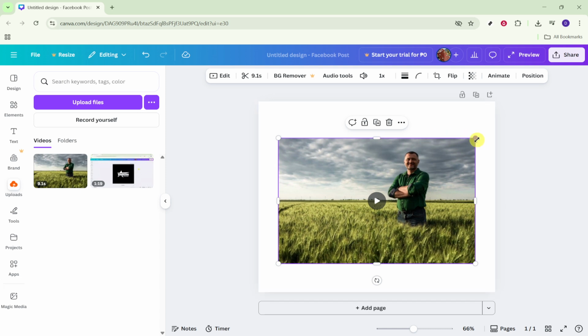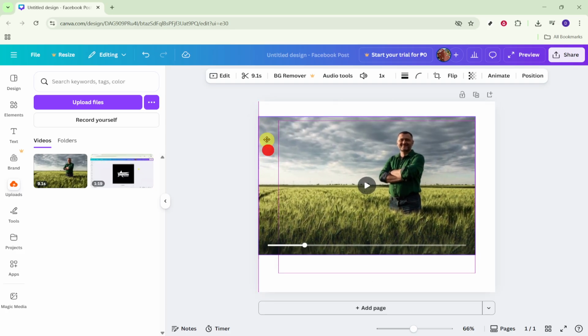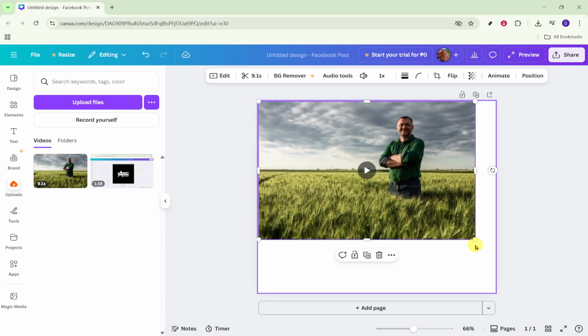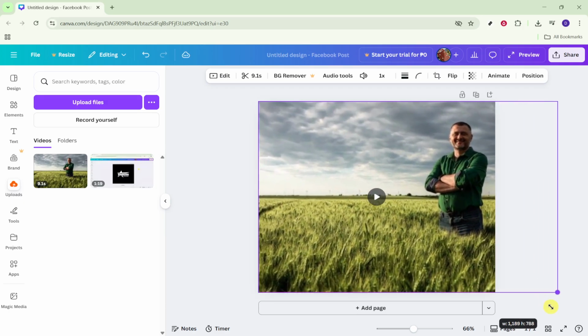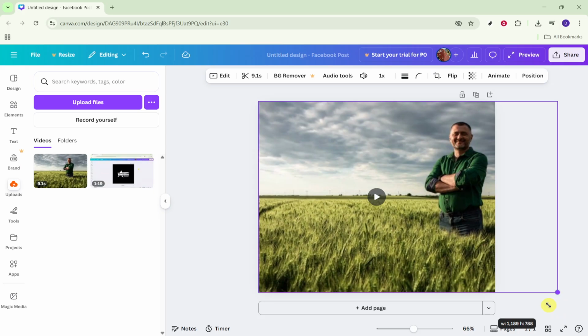To resize, place your cursor over one of the white circles at a corner, click and drag. Drag outward to make the video larger and inward to make it smaller. Using the corner handles keeps the proportions looking natural so your video doesn't appear stretched or squished. If you need to adjust just one dimension to match a layout, the side handles can help, but be mindful